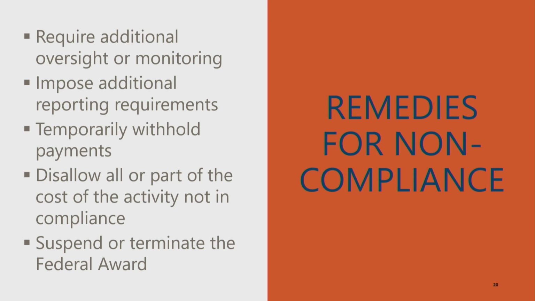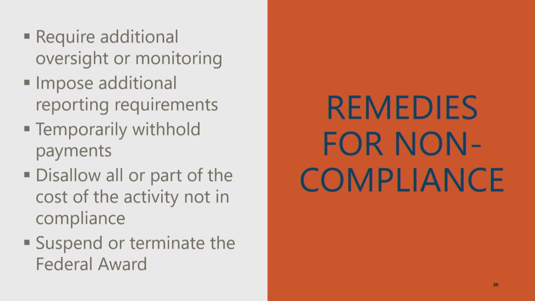The last topic I want to touch on is other remedies for noncompliance. Jody talked a little bit about the clawbacks earlier, which would be one example of a remedy for noncompliance. 2 CFR 200, Section 339, gives some additional examples of actions to be taken by a pass-through entity in the case that a subrecipient fails to comply with the uniform guidance. So this noncompliance could be found as a result of a single audit, or it could be from another source